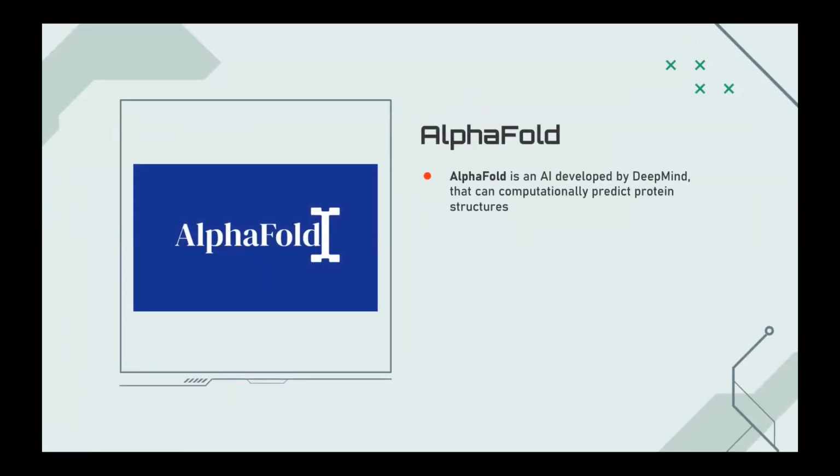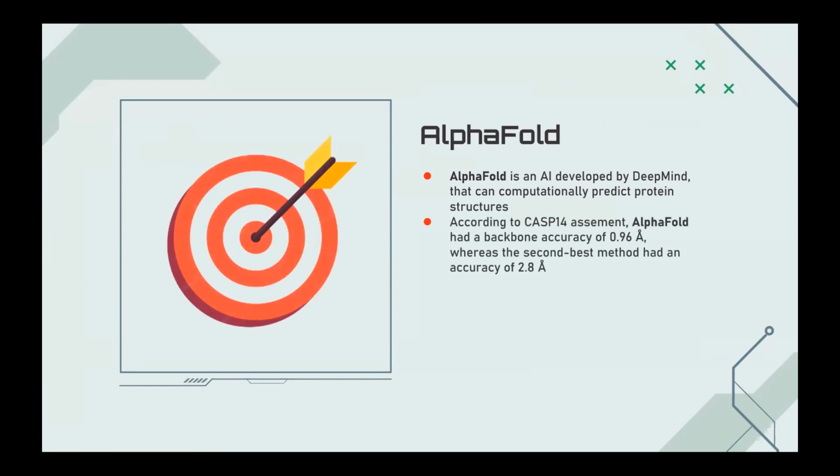AlphaFold, first of all, is an AI developed by DeepMind that can computationally predict protein structures. And as a fun fact, AlphaFold was the first mind-blowing AI that I came across, and it was what got me into researching this field further. How do they assess the accuracy of an AI in protein folding? There is something called a CASP assessment that uses a recently crystallized structure to compare the predicted structure with this compound. AlphaFold was able to achieve an accuracy of 0.96 angstrom compared to the second best method, which only produced